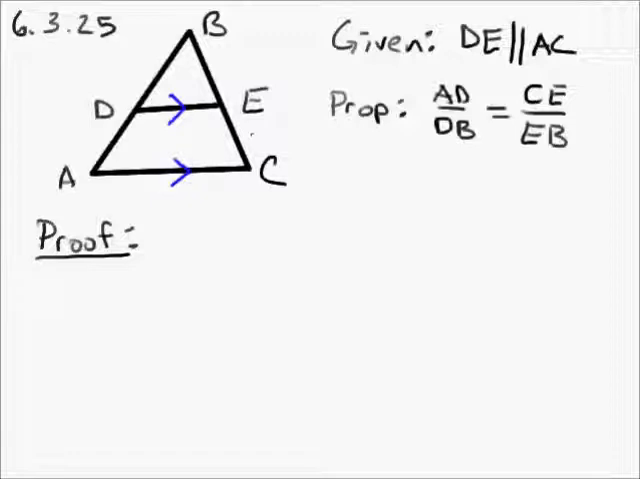These guys are parallel, and we need to show that length AD divided by length DB, so the ratio of these two sides, is equal to CE divided by EB, the ratio of these two sides. Okay, how are we going to handle this? Well,